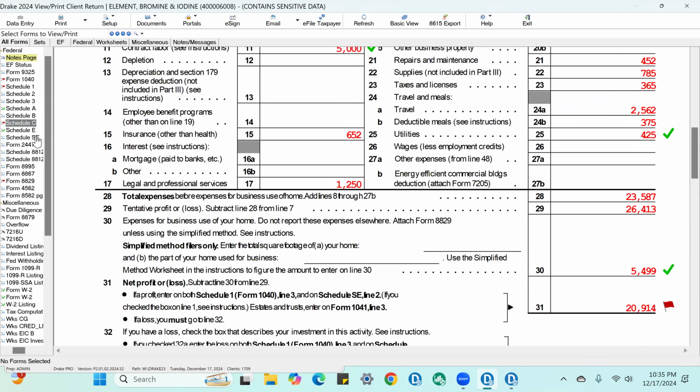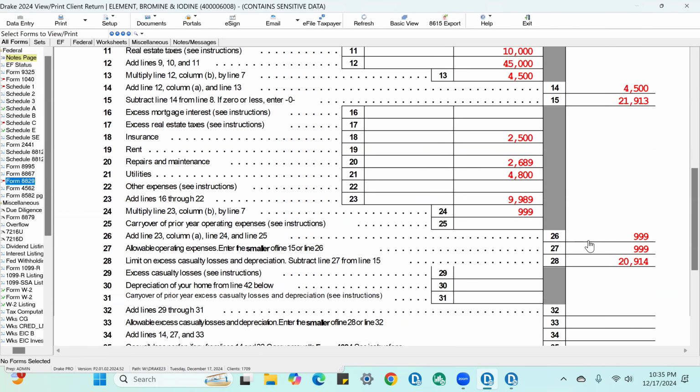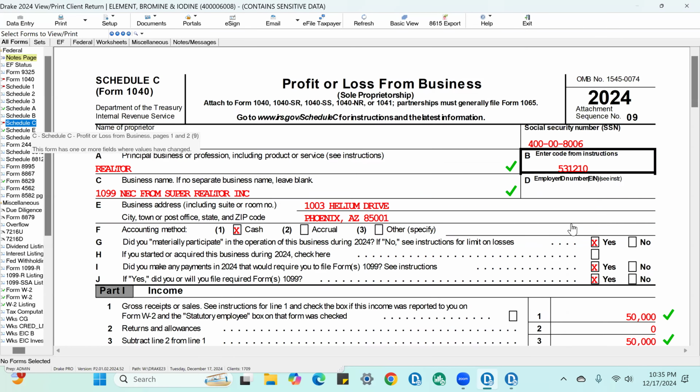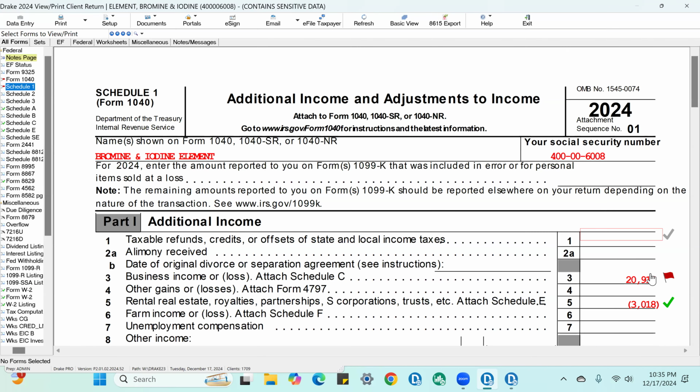This is the home office. When the number changes, they flag it. So you need to double check. Everything's good. Schedule 1 is changed because